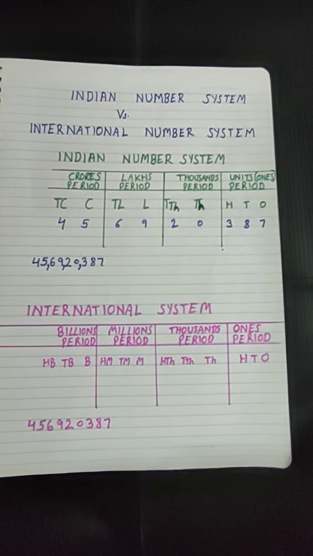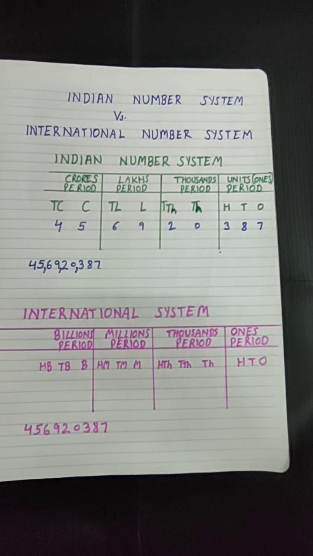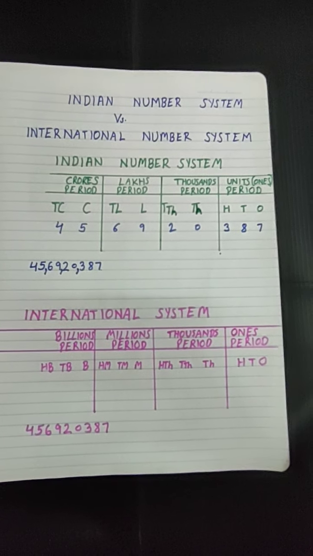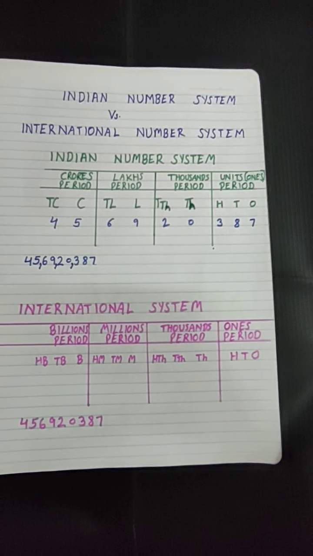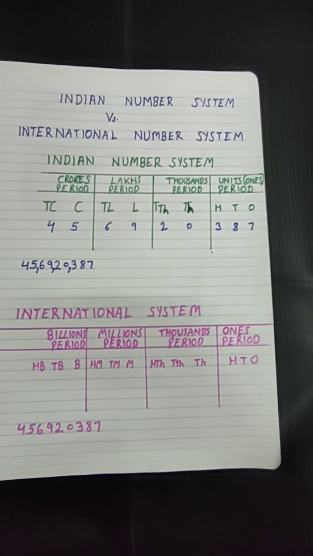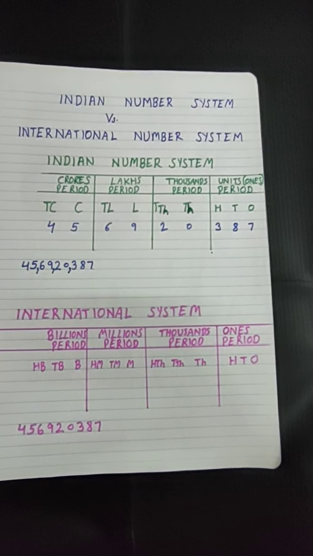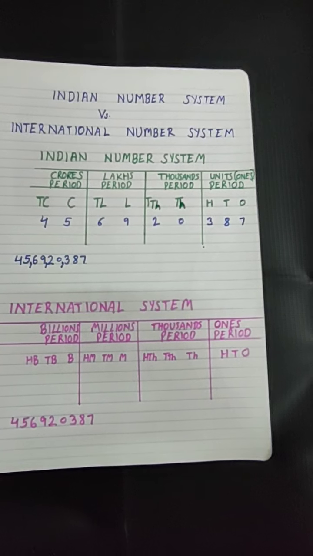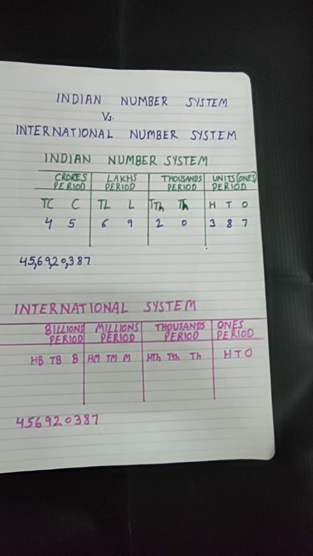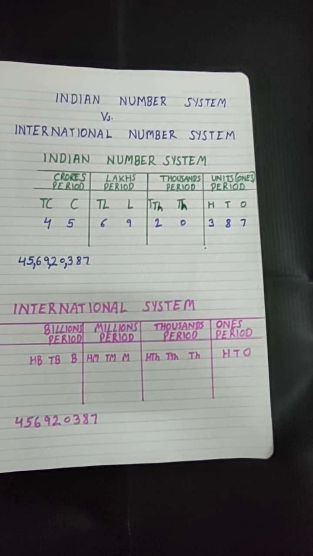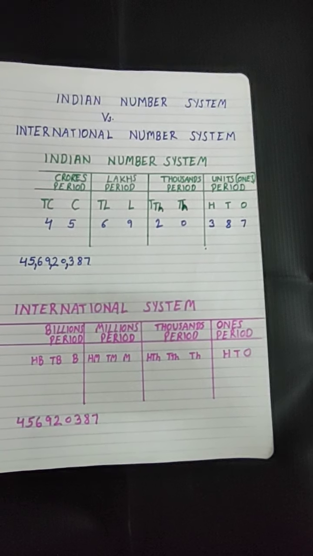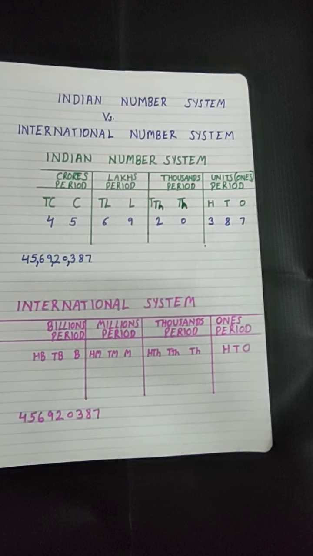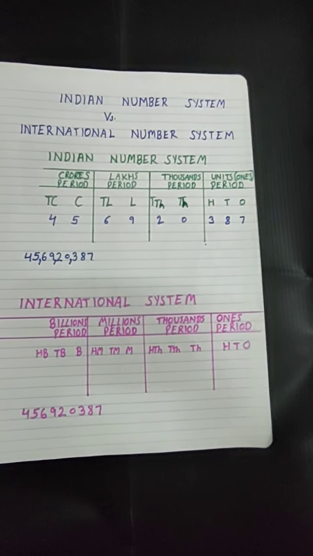Can you tell me which language you speak at home? Probably Hindi, Bengali, Marathi, Tamil or any other language. And which language will you use with a foreigner coming from UK or US? Certainly English. Just as we need a common language for communicating with the people of the world, we need a common number system of reading numbers to communicate certain figures to the people outside India. These figures could be related to money, accounts, population, some kind of data, etc.